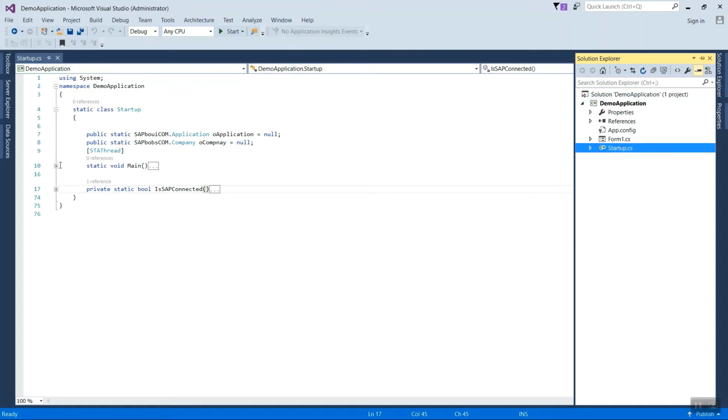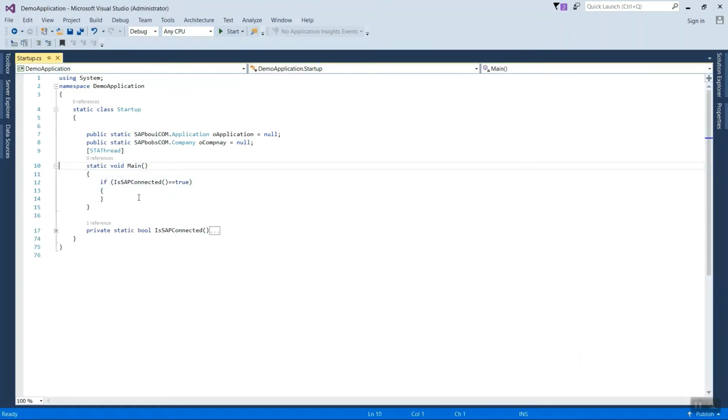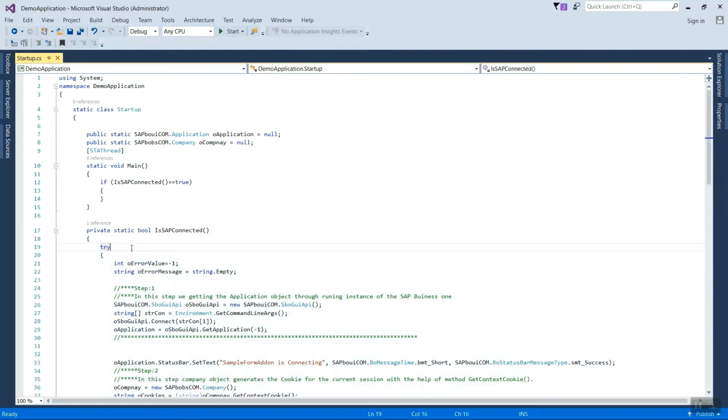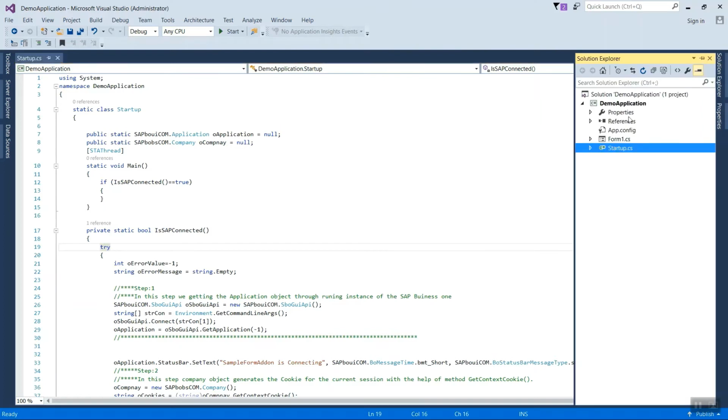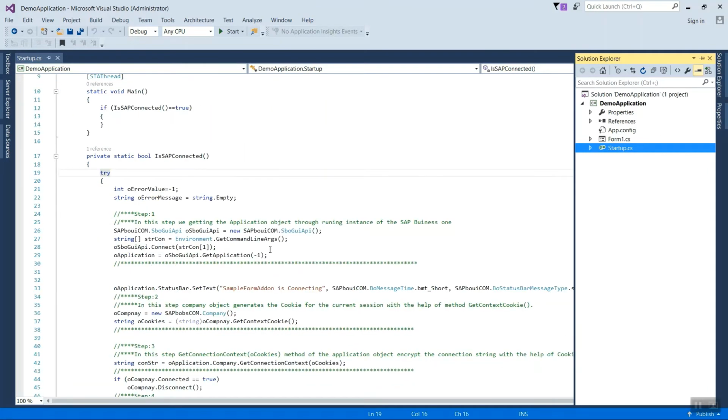You can see here in the main method I have called each SAP connection function, which is here. So I have made this architecture because further we will discuss all points in the same demo application project. So let's discuss the single sign-on connection process practically.